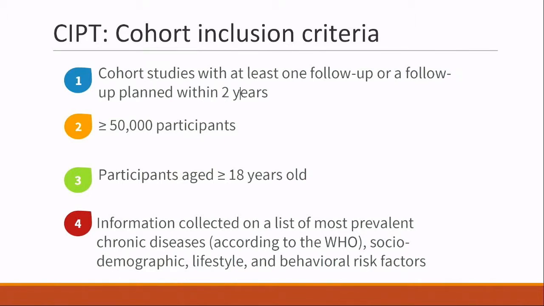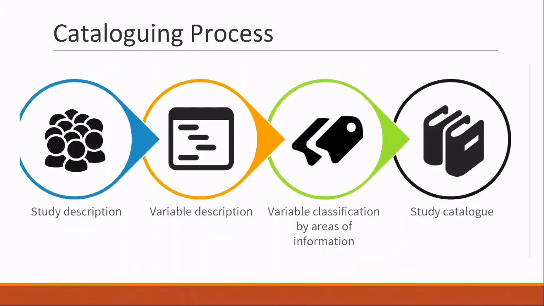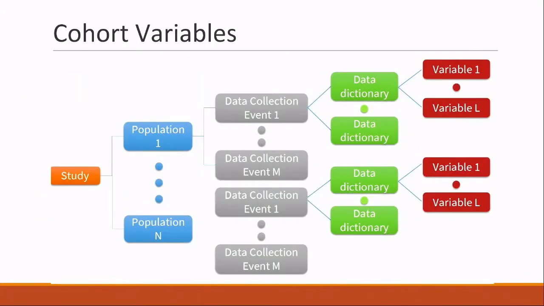So it included participants from cohorts of at least 50,000. As I said, some of those cohorts won't make the grade going forward. But generally, this is a live catalog that's already up. It's a portal where you can look up, say, blood pressure, and if blood pressure was captured in those 9 cohorts, see how harmonized that information is across those different cohorts as well. These are the cohort variables.